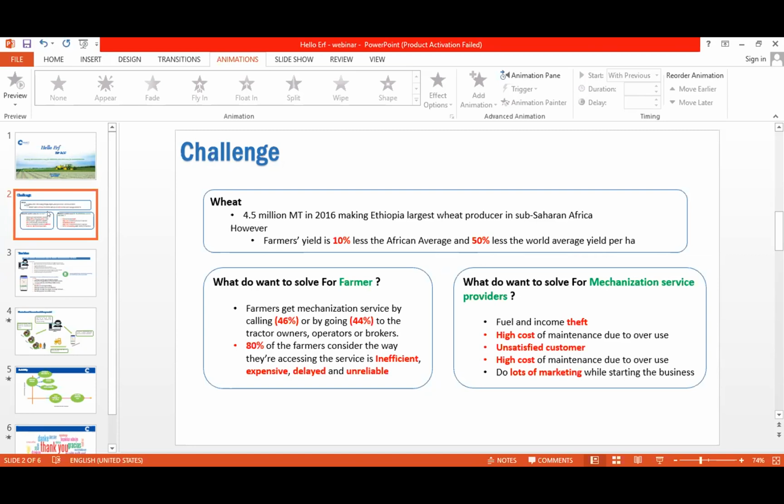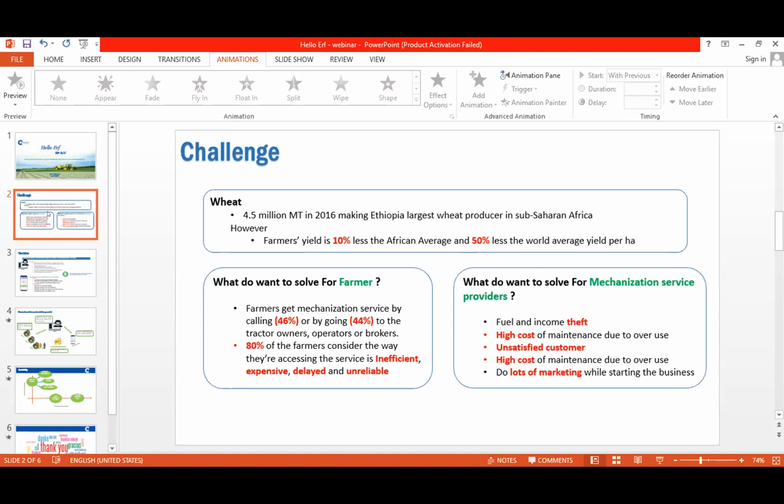In one of the studies we conducted in one woreda, 46% of the farmers access mechanization service by making a long thread of phone calls to brokers and operators to get the tractor service. And 44% of them also travel physically to the nearby city to find the brokers and the operators. And 80% of them, we can say, are not happy with the way they are accessing